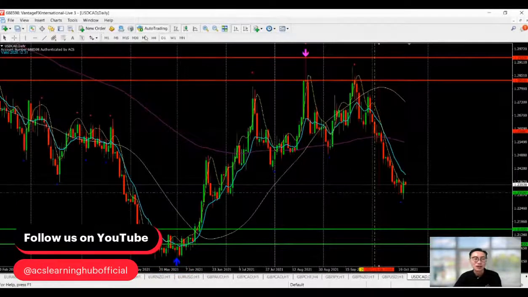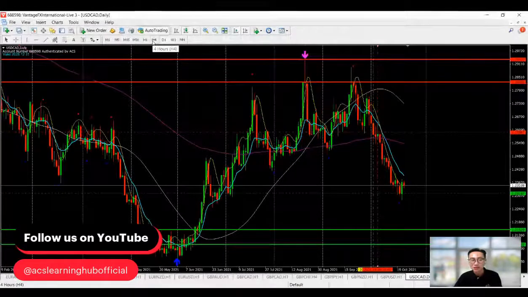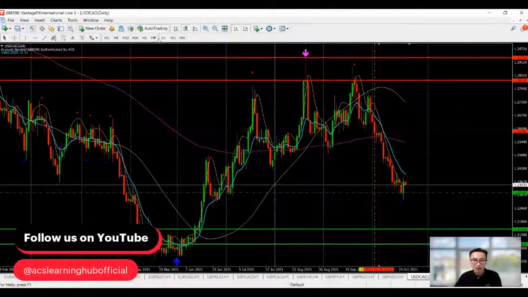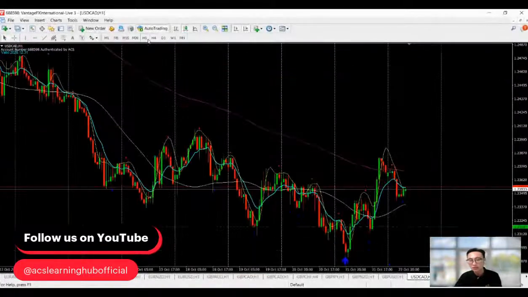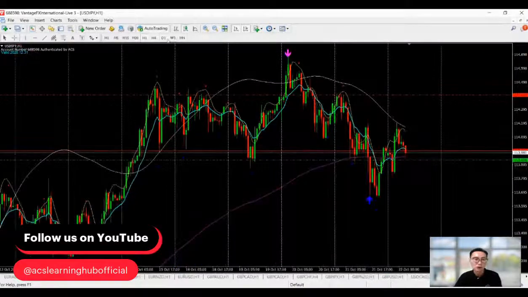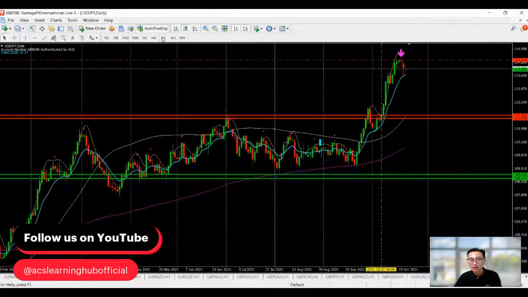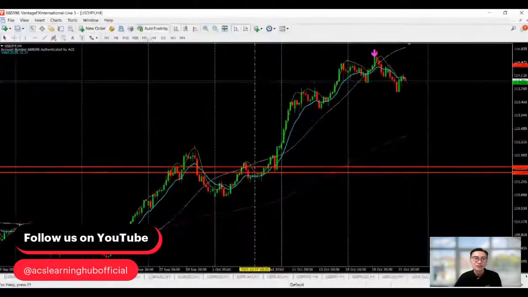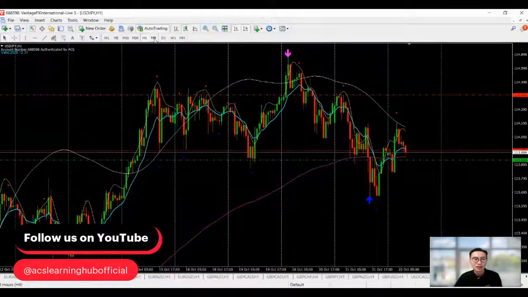Dollar cat over here. Let's take a look. We are still in the bear market, but having a retracement today, and it's not ending yet. So I'm going to give it a miss. So dollar yen over here. Dollar yen, we're still there, not yet. It's still not yet.